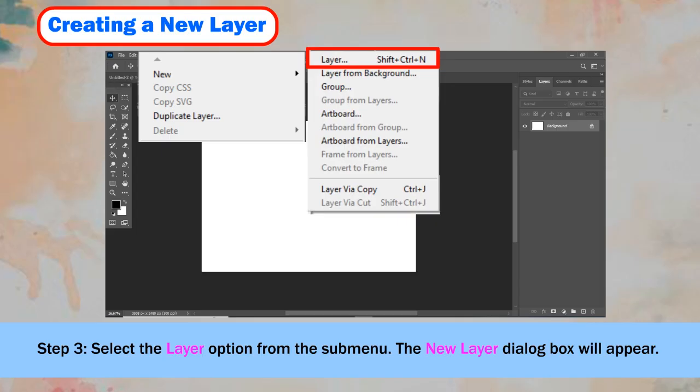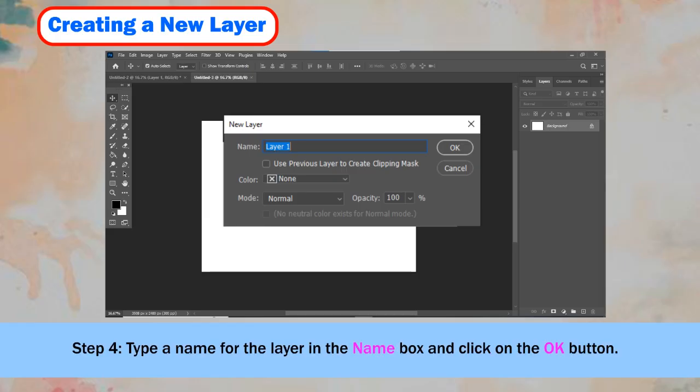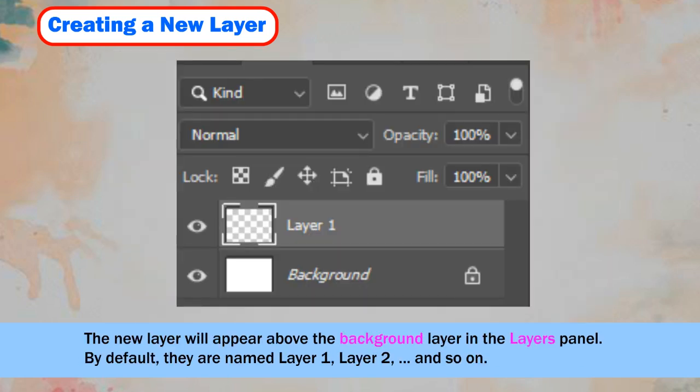Select the Layer option from the submenu. The New Layer dialog box will appear. Step 4. Type a name for the layer in the name box and click on the OK button. The new layer will appear above the background layer in the Layers panel. By default, they are named Layer 1, Layer 2, and so on.